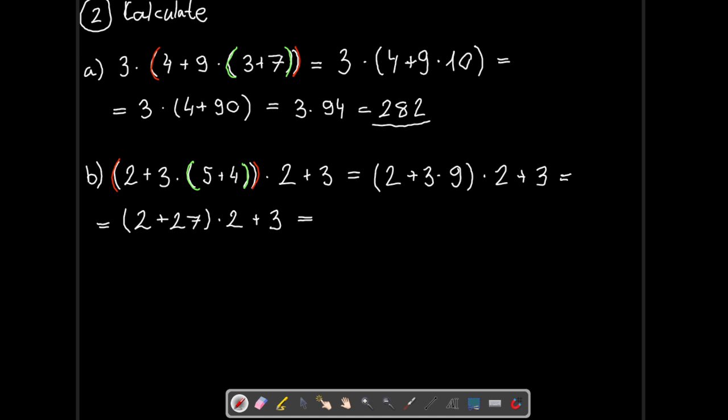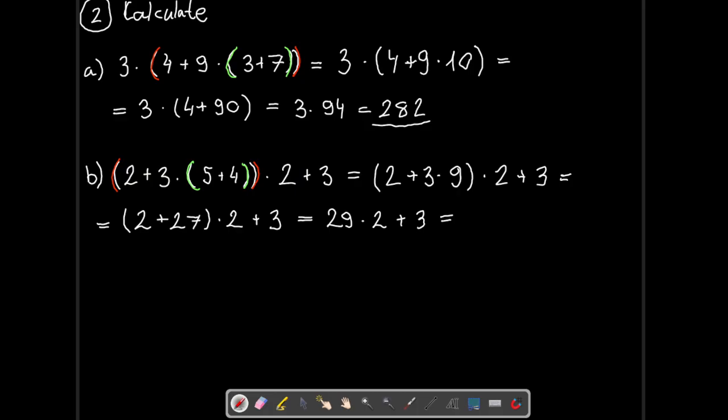And now just add 2 and 27 together, which is 29. And now we are left with addition and multiplication. We need to multiply first. 29 times 2 is